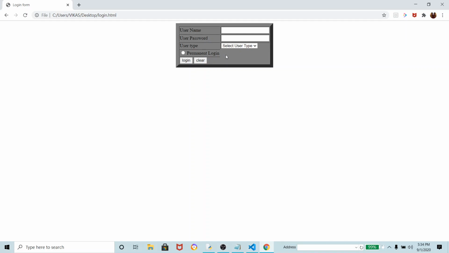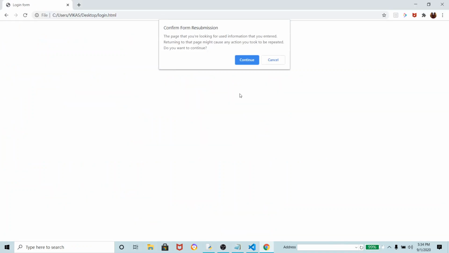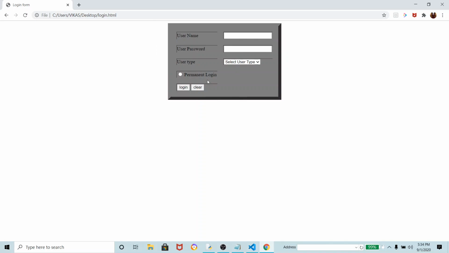So my dear students, already I have explained the attributes of the table tag that you can use if you want to give some space. So you have to use here cellpadding, or you can give here cellspacing is equal to 20. So all the cells will look separate. So look here, cellspacing is given, so here it will become a bigger form. Then from here you can do the login. After the login, if you are the web developer, you can write the code by which the data will be fetched from the database and shown. So today only that much. Thank you class. Tomorrow we will see some more elements about the form tag.